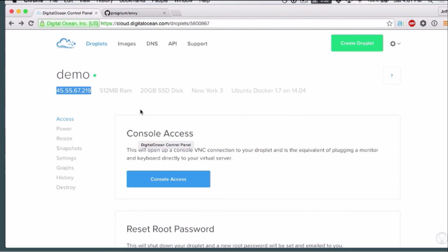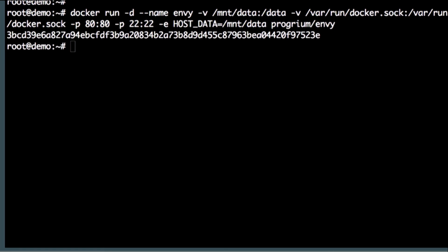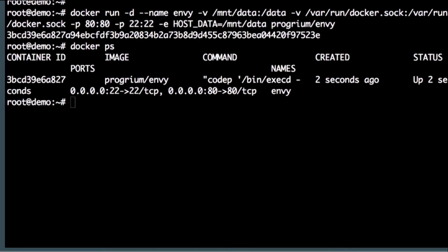So we're going to run it on DigitalOcean. It's a Docker container. You just run it. You want to publish port 22, and the host port 22 we actually changed to 2222, since it's a better experience to just have Envy own it. So now that we have it running,